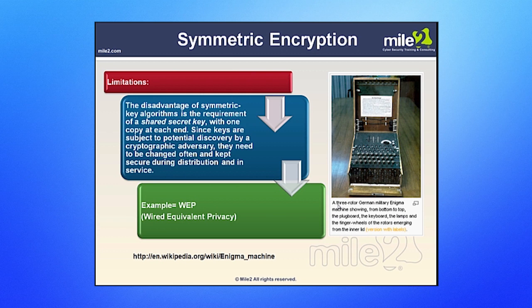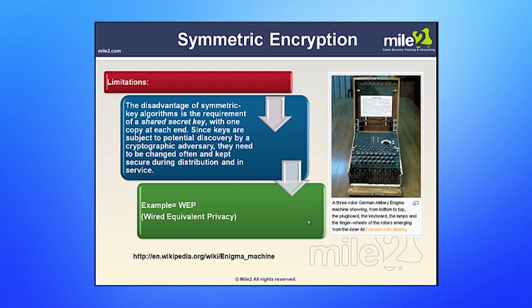Now there are issues with this. How do we get the symmetric key shared with our friend that we wish to do the decryption with? We would have to look at how we're going to share this. We could use something like SneakerNet and actually get on our sneakers and walk over to them and bring it to them. But of course, you will find as we go through this chapter that asymmetric will solve the problem of this key being distributed, because we can use the asymmetric techniques to encrypt the symmetric key or the shared secret key,